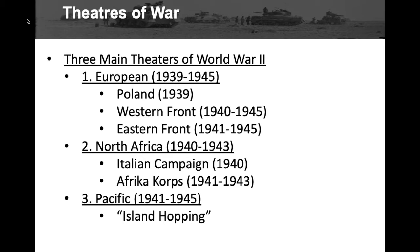And what that really did was sidetrack Hitler. He never really had a plan for taking over Africa, but once he started getting a role in Africa and having some success there under Erwin Rommel, he realized that it showed his power, and so he exploited that. And then the third theater for the Second World War was the Pacific Theater, 1941 to 45,